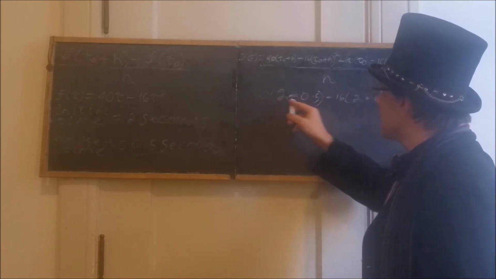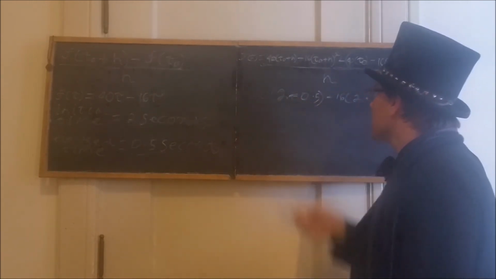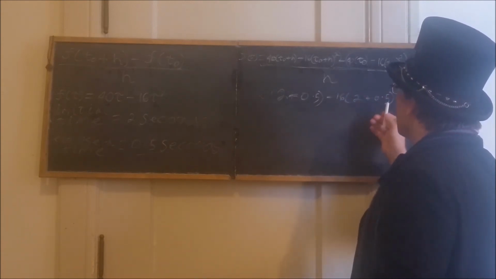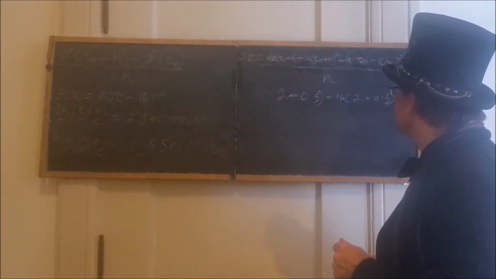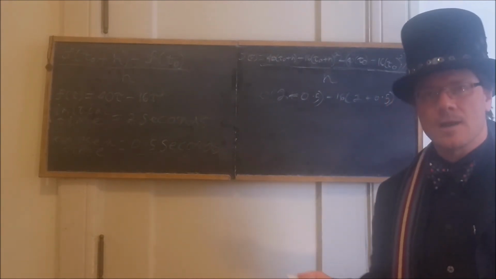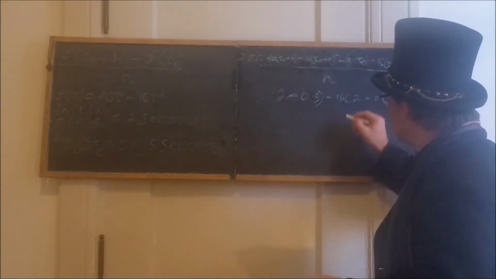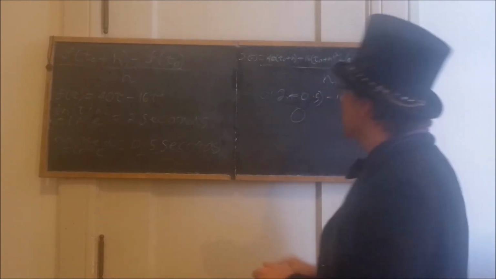You have to add the 2 and the 0.5 up, and then you would distribute, and then you would add up the 2 and the 0.5, and you would square those numbers. 2.5 obviously is just 2.5, and you would square that, and all of that would give you